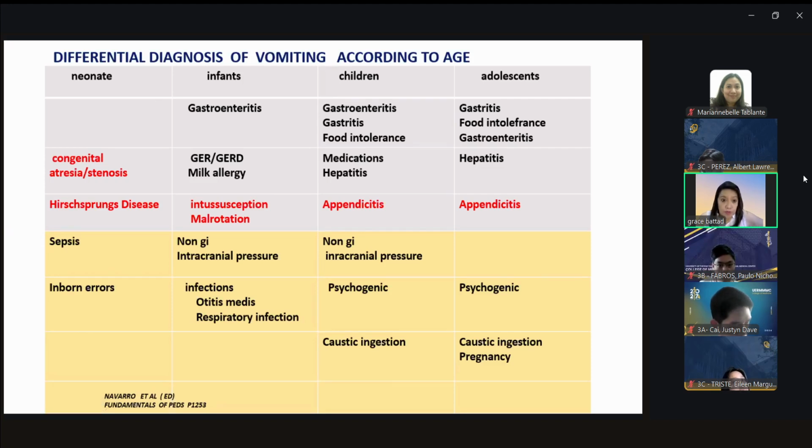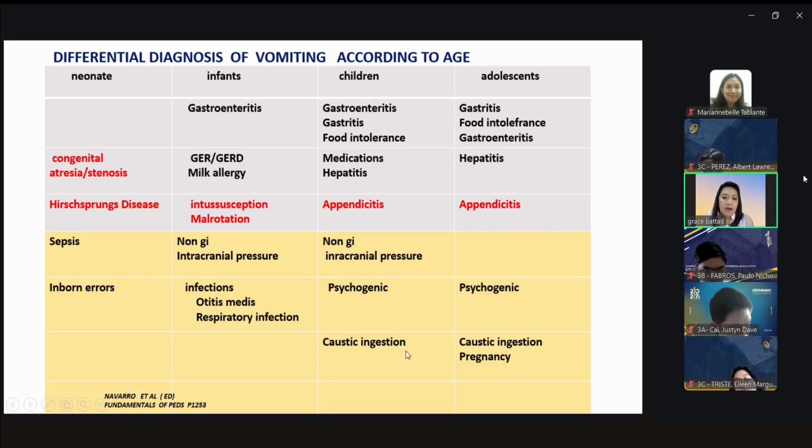particular symptom of vomiting, you have here based on age group, the younger age group you rule out your congenital problems, okay, and the acquired problems when you become older, and it might be infectious in nature or it might be acquired surgical problems. So the non-GI, the non-GI systemic problems which would present with GI problems would be septicemia, as I've said,